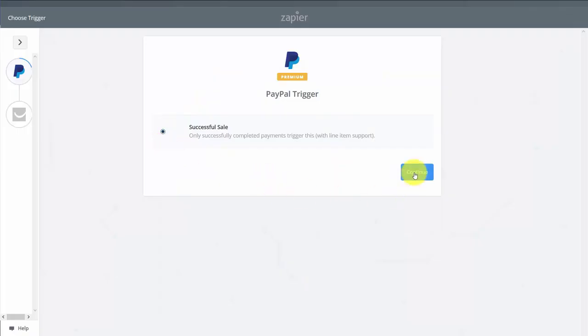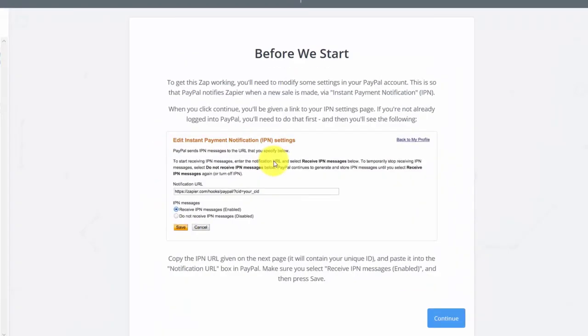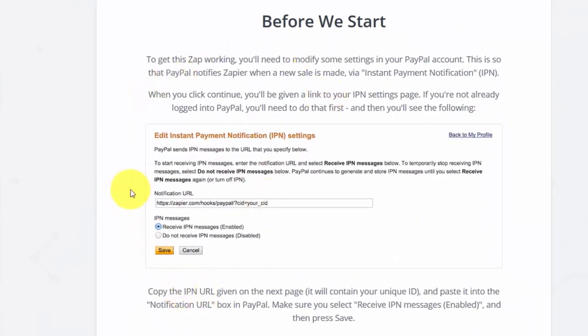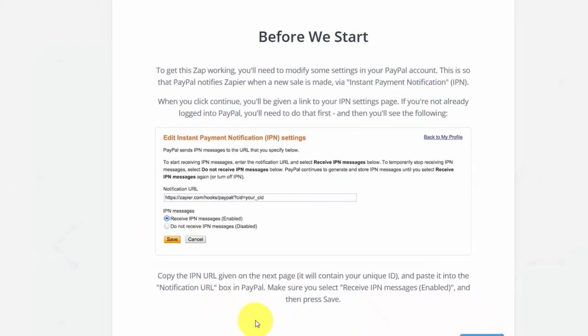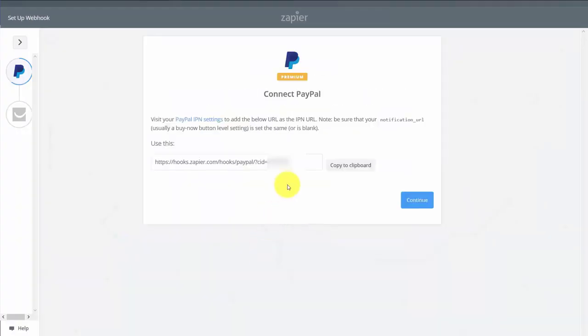We'll then click Continue. Now the key to understanding this particular Zap is that we're going to be placing Zapier in the IPN settings inside of PayPal. The limitation that PayPal has is that we can only place one IPN URL in PayPal at a time. If we choose to use the Zapier IPN, that means we can use multiple applications with the same sale using PayPal. So what we'll need to do is copy this URL to our clipboard,